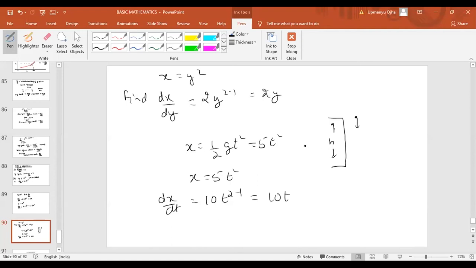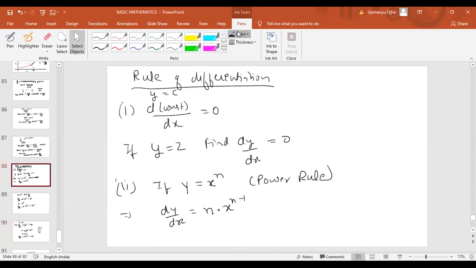It can be anything. It can be y as a function of x, x as a function of y, t as a function of anything. It depends upon what function we are using there. If x is constant, then dx by dy will be 0. Same thing. Okay, understood. So it is not necessary that y is a function of x. It can be any variable, but I am generalizing from the y point of view. Okay, fine. So first rule is very important.